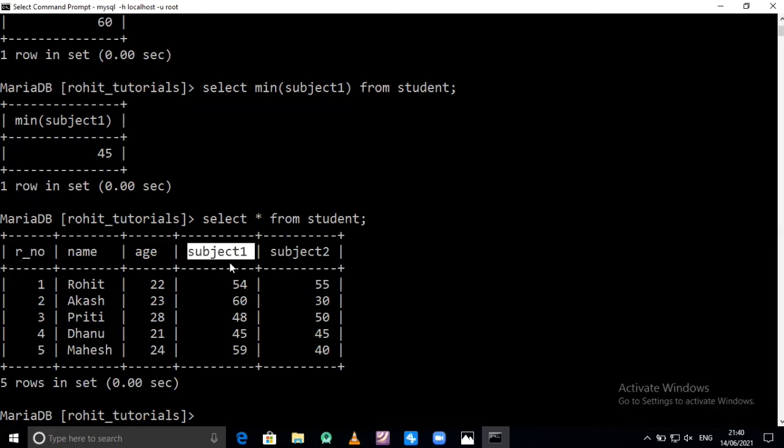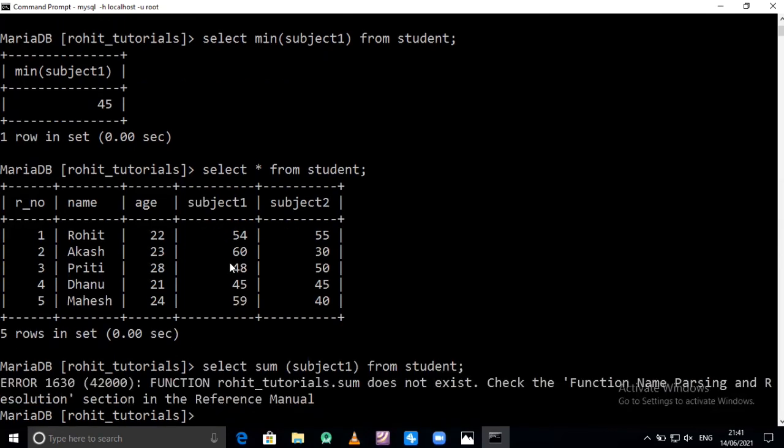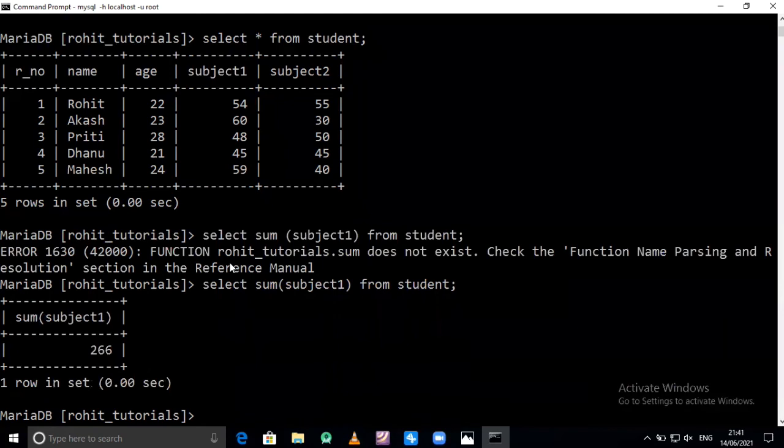So for that I use the command select sum, in brackets the attribute name subject1, bracket complete, from our table student; press enter. Here we are getting an error because we have given a space, and that space is not allowed. Press enter again. So we are getting the value 266.